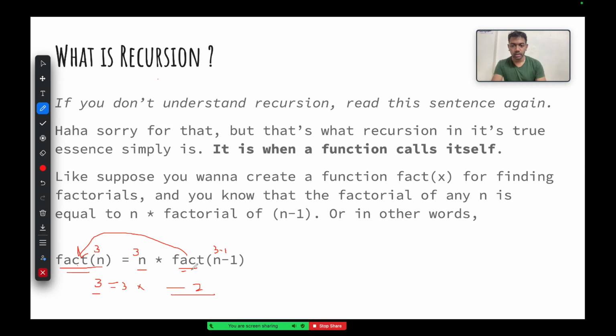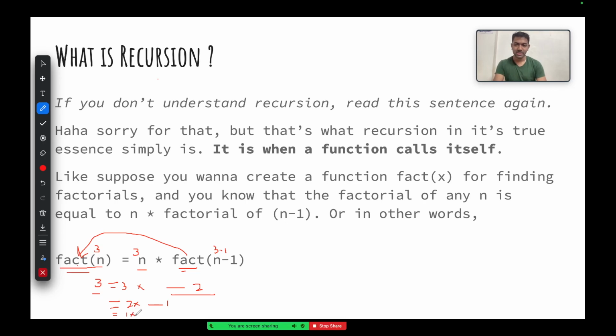So here it called factorial of 3 minus 1, which is equal to 2. So we'll write here, now n is 2. So we'll write 2 into factorial of 2 minus 1. Factorial of 2 minus 1 is going to be 1. So now see, again we got factorial of 1, and here we have factorial of 2. So we'll call the function again for factorial 1, factorial 1 into,